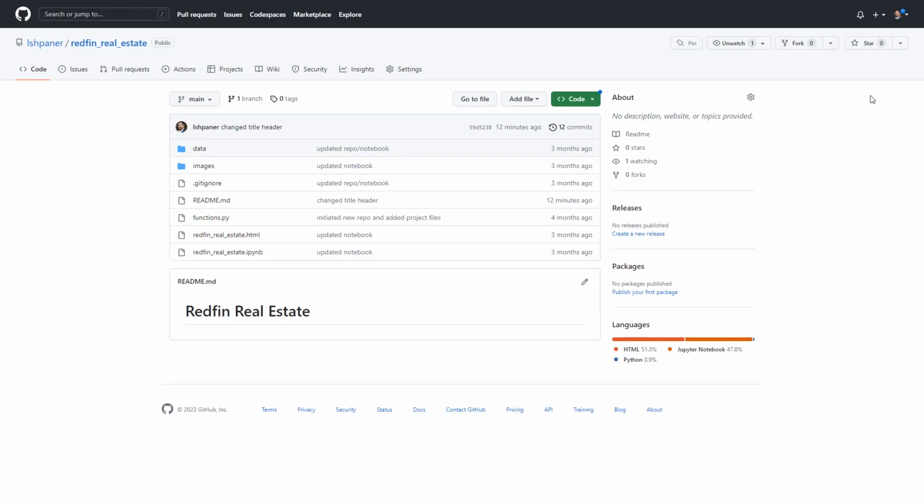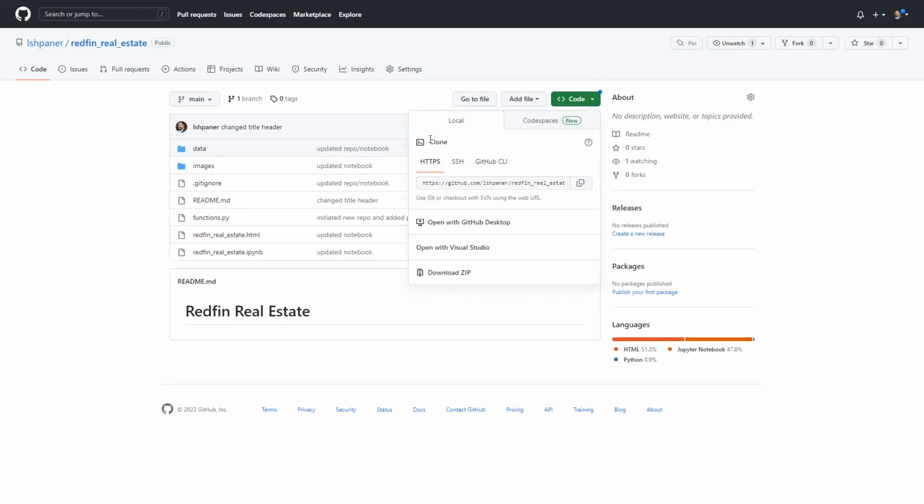And now that we're in this repository, see that's my username / the repository name. We're going to go ahead and clone this repository to our local machine because right now it's sitting on GitHub. Our goal is to get this over to our local machine, right? So we can work on it on our computer. So to do that, notice this green rectangular like icon. It has a drop down on it. Click on that